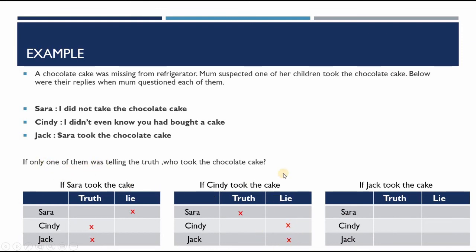Now we have a match. So Sydney is matched to our question. Only one person here telling the truth is Sarah and two persons are lying. So let's check for Jack also, just to be sure. If Jack took the cake, then Sarah, "I did not take it," so Sarah is lying. Sydney is telling the truth, and Jack himself is telling